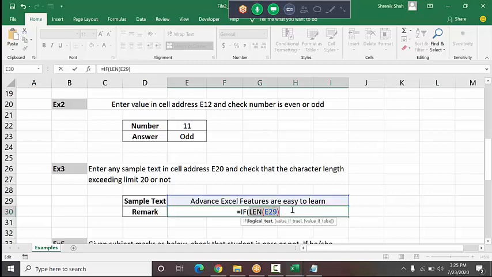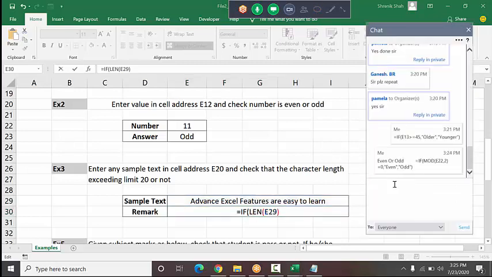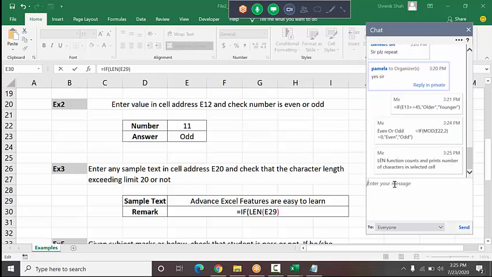The LEN function counts and prints the number of characters in the selected cell. So I'm checking the length of the selected cell address.